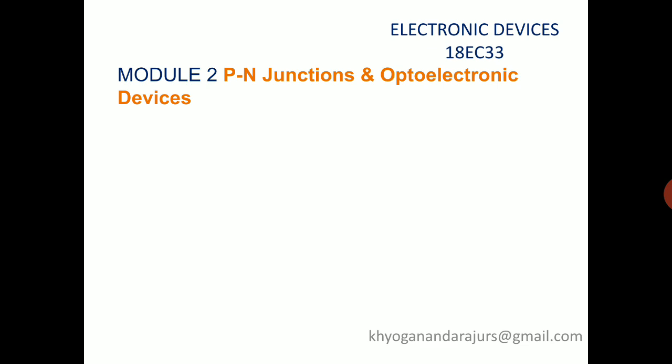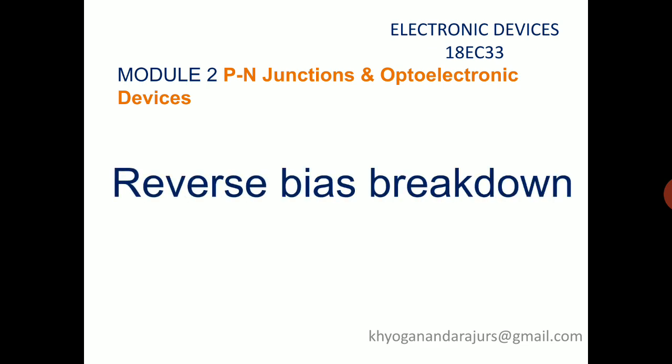In today's class, we will continue that reverse bias topic with a little bit of extension to breakdown. There is a concept called breakdown, where your reverse current goes out of control and flows at a high rate for a particular voltage. We'll see why that current flows, and for what value of the reverse voltage it will flow. Today's topic is reverse bias breakdown.